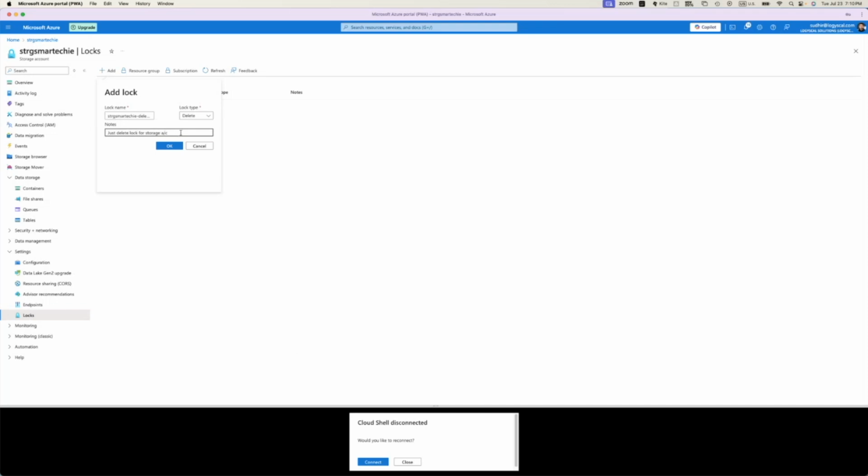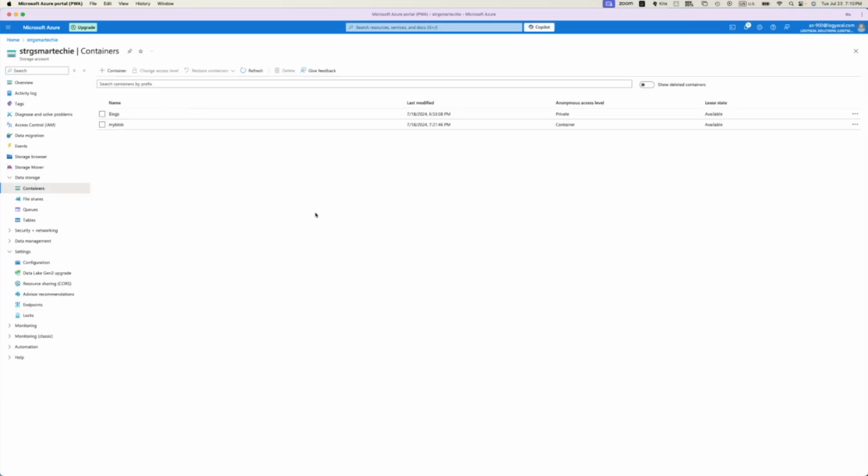It's always a really good idea to put some notes, some description while you are creating that. Any description of why you are creating that. Okay, that is a really good idea for the long run. So we are applying this, right? And then we can just verify that. So let's go back and try again to